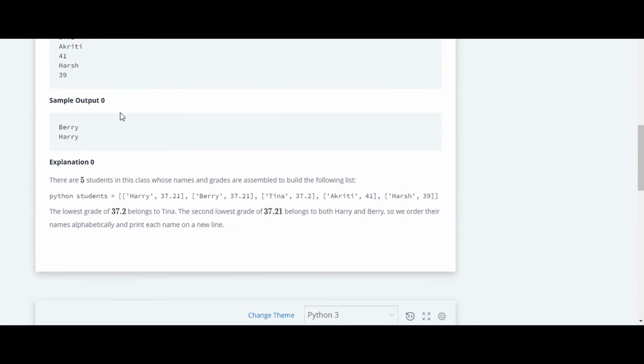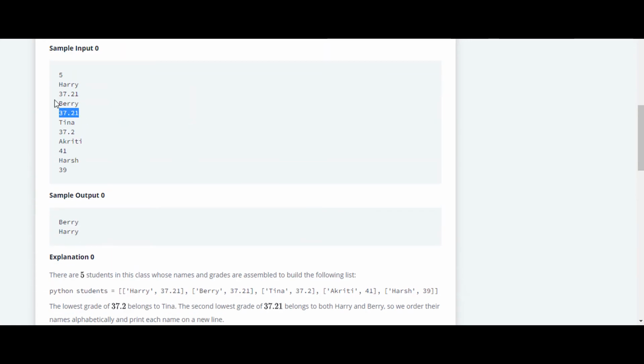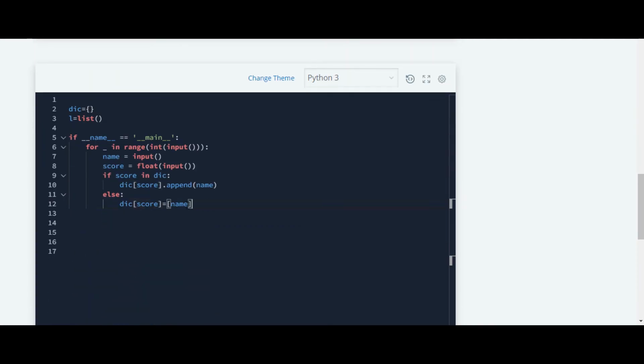As you can see here, the score is the same, but there are two different students having that same score. So their names we are storing in this list. There are multiple names now, so we'll require a list for that. And now we'll store the score count inside this list. We will check here if the score is not in L, and then we'll store it using append inside that list.